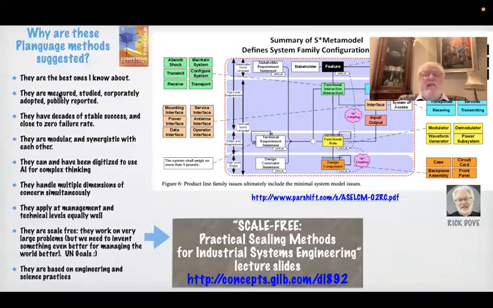But these methods have been measured and studied corporate-wide for decades, and I've collected all that stuff. So it's not just a theory that this will work. It has worked in industrial situations such as Intel, and we know it, and we have stable results from them. But they are engineering methods, and a lot of people just aren't willing to move from programming